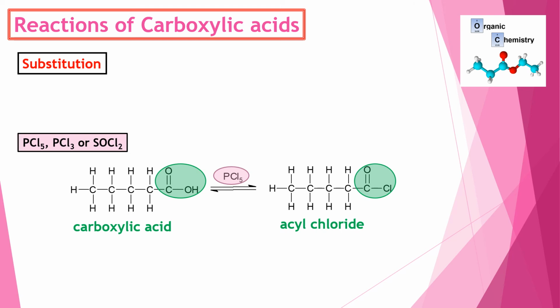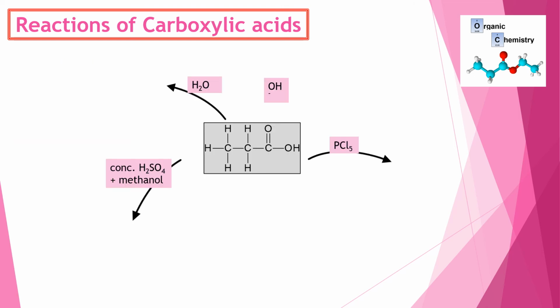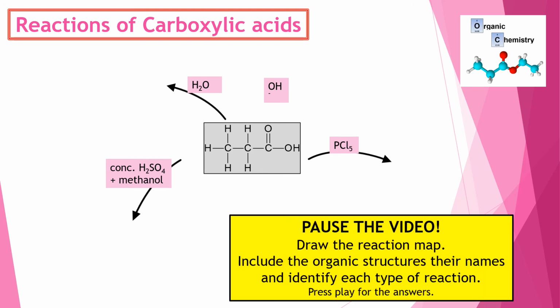So those are the four types of reactions that we need to be aware of with carboxylic acids. So what I'd like you to do now is to go ahead and pause this video and draw what's on the screen at the moment and see if you can fill in the reaction scheme. Just notice the arrow is missing on the top right here, so draw that one in. So we've got the four different reactions we looked at. Can you draw what the product would be when these four different reagents are added? So pause the video, draw those on a piece of paper, restart again and see if you've got the answers right. Okay, so the answers we get for this are,